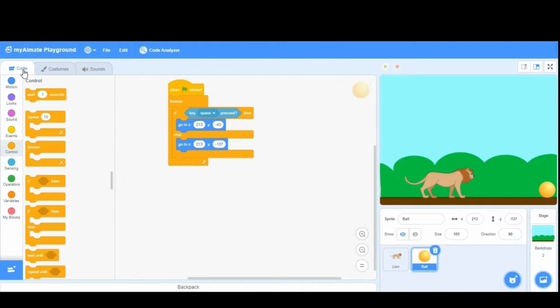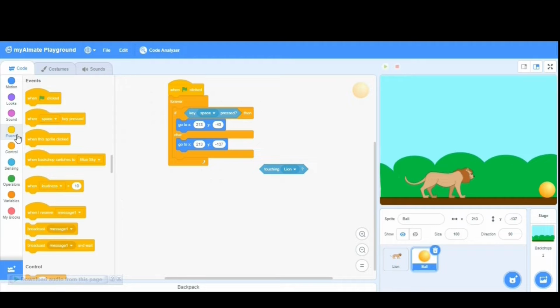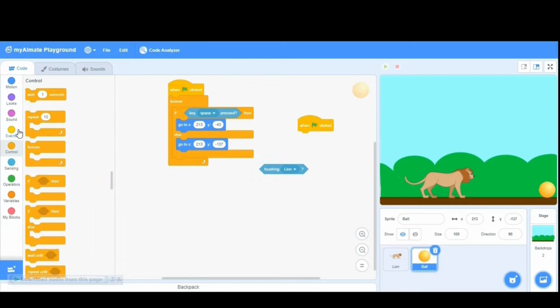So what I have to check for is, if my lion is touching the ball, then I have to stop the game and stop the scoring criteria. The scoring criteria will be added very soon. So now I use the same event of green flag and I'll just keep checking it forever.